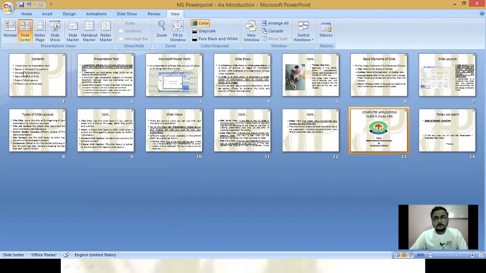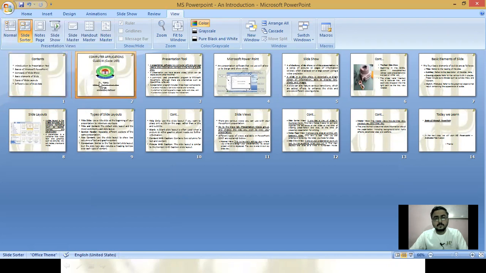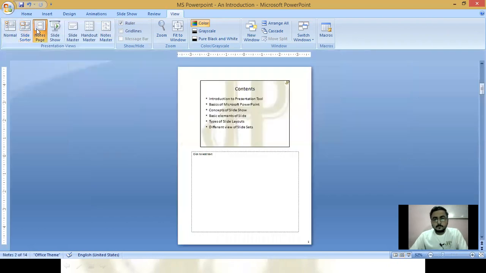Okay, so this is the advantage of slide sorter view. If you click on notes page, the content on the slide and the content on the notes pane will be displayed as notes.